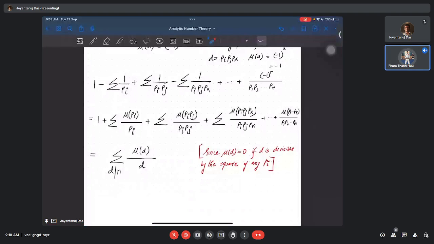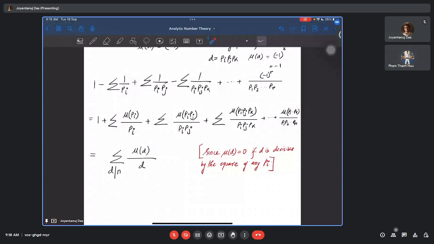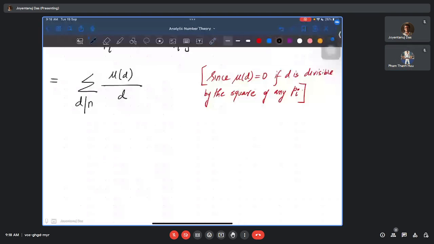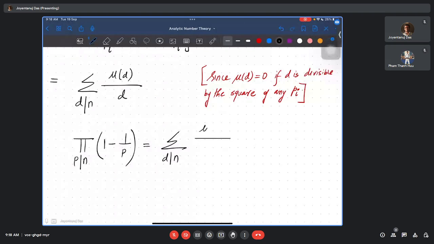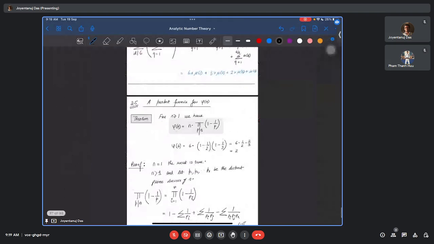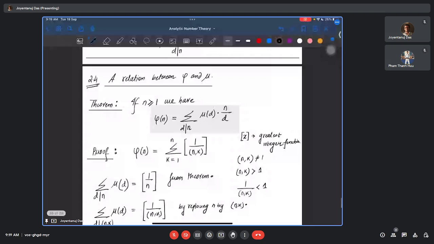Okay. So what I have done till now is, product over p dividing n of 1 minus 1 by p is nothing but summation over d dividing n of mu of d divided by d. So this I got. But now the previous theorem that I got, I'll use it now. So here you can see if I copy this one, this was the previous theorem. So now if you use it here,